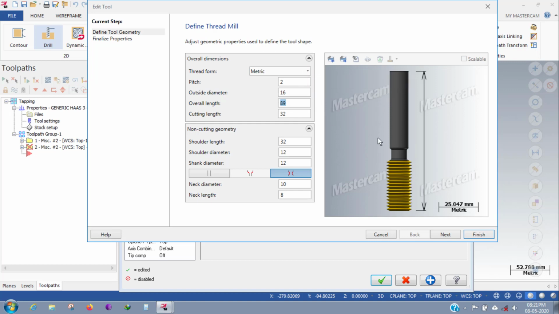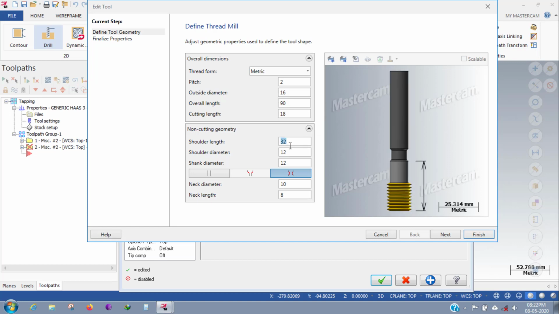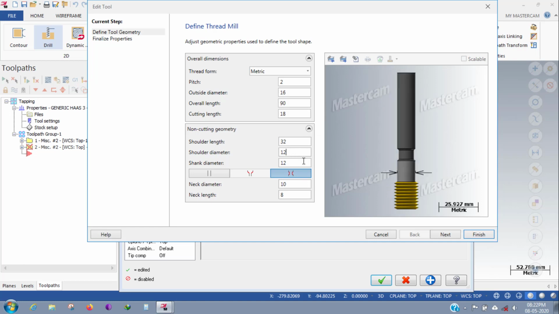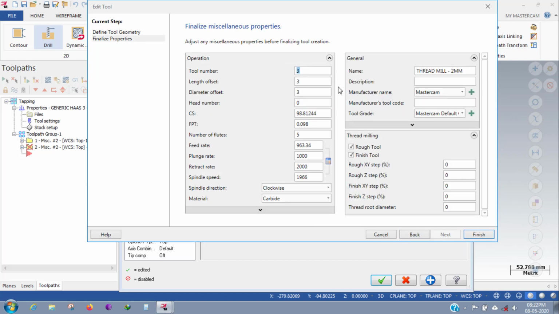So the overall length of the tool will be 90, and the cutting geometry will be 32. Either can be reduced. I'm giving 18, and total length, neck diameter and neck length, feed rate, and clockwise carbide.